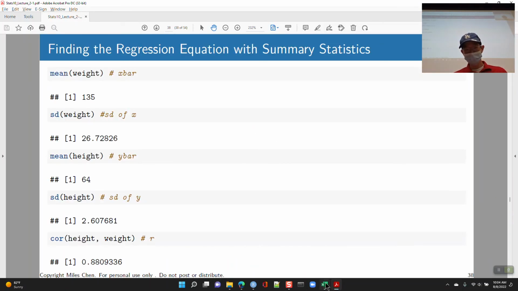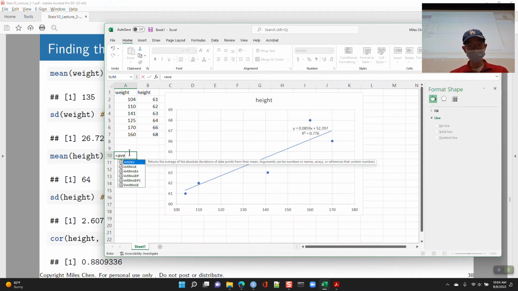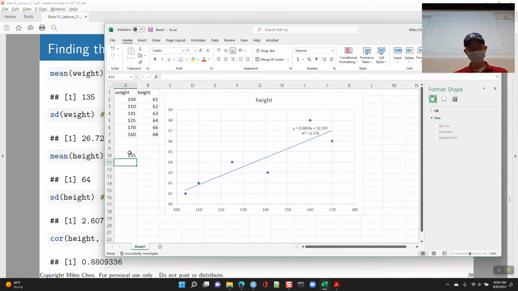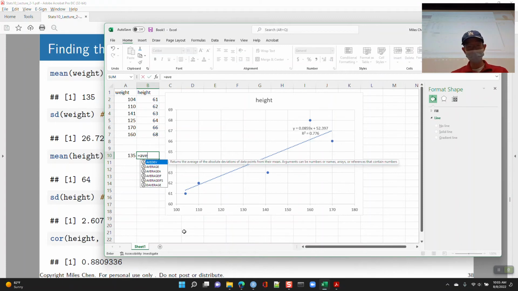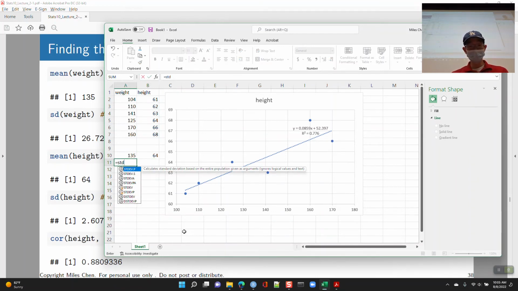If you wanted to, you can get the average. You can say, what's the average? That's the mean. And you would highlight your column here. So the average weight is 135, equals average, and you do for height 64. And you do standard deviation. Okay, so, in Excel, it's standard deviation S. All right, and we get